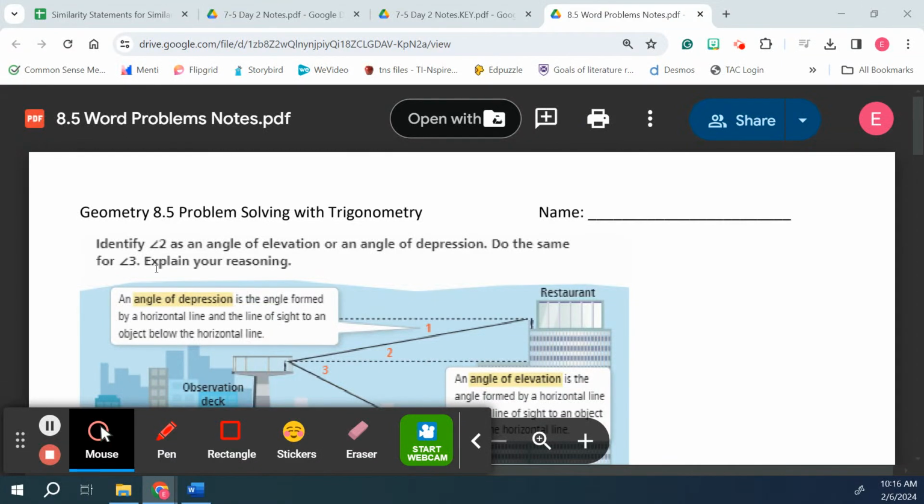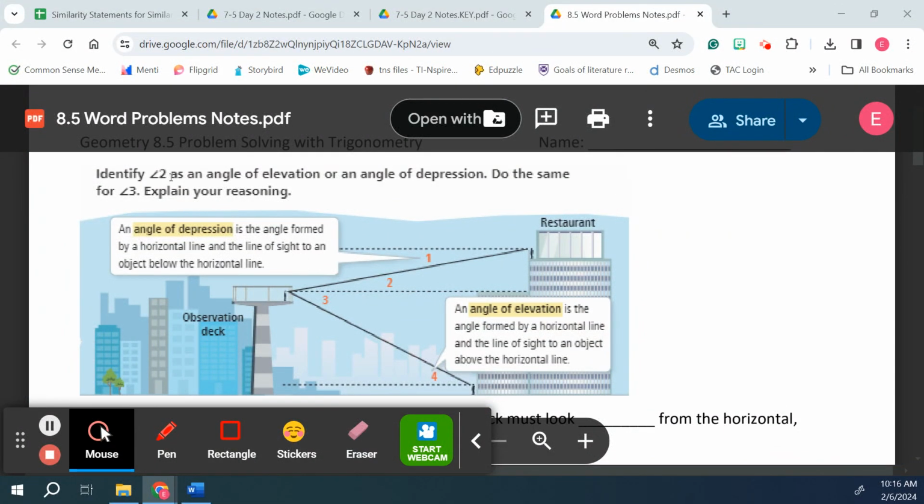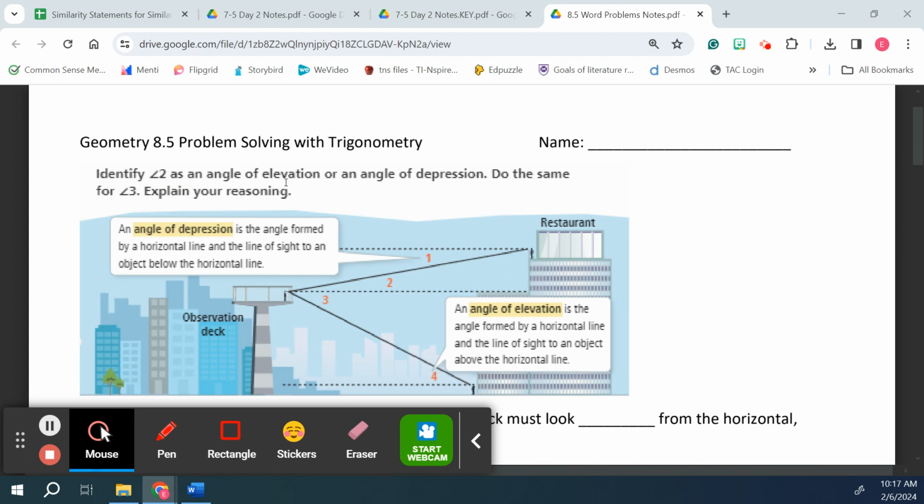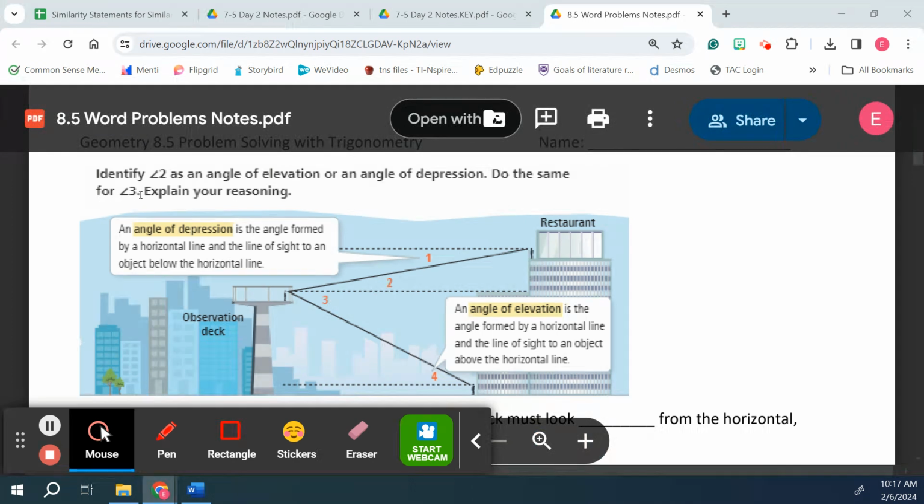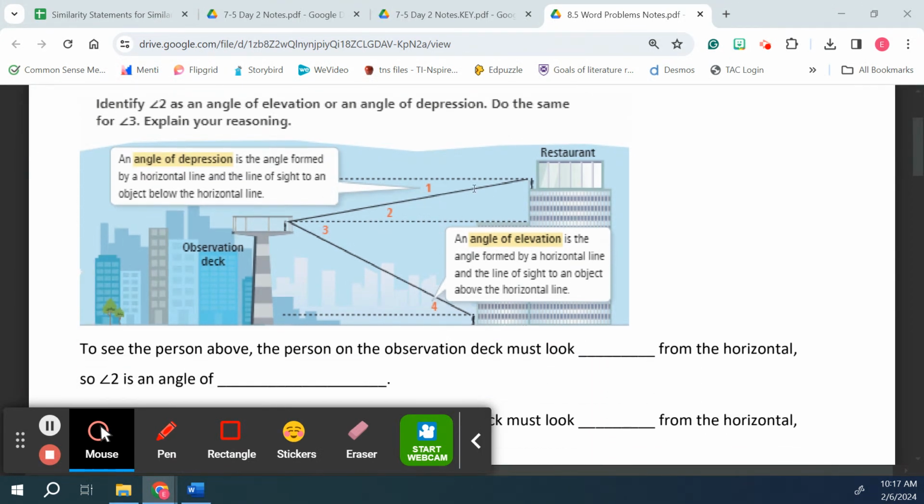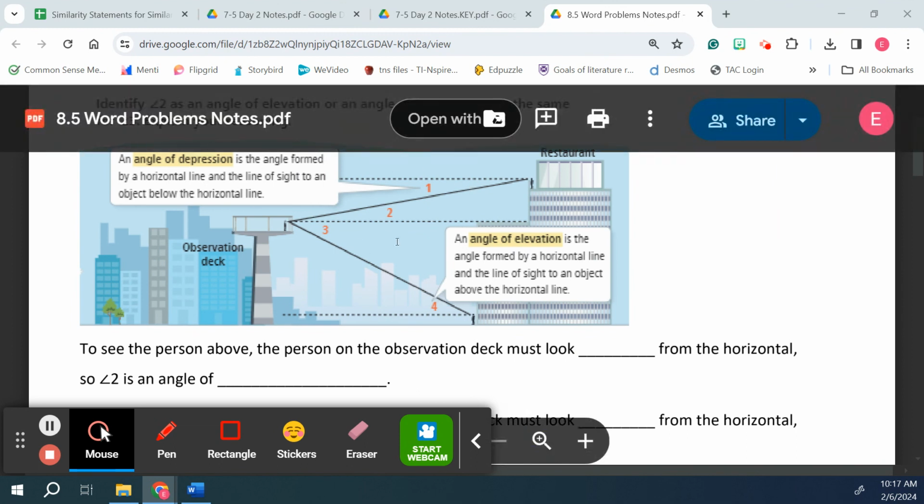Okay, so we're going to solve problems with trigonometry. Identify angle 2 as an angle of elevation or an angle of depression. Do the same for angle 3. Explain your reasoning. So in this case, if you take a look here, angle of elevation and angle of